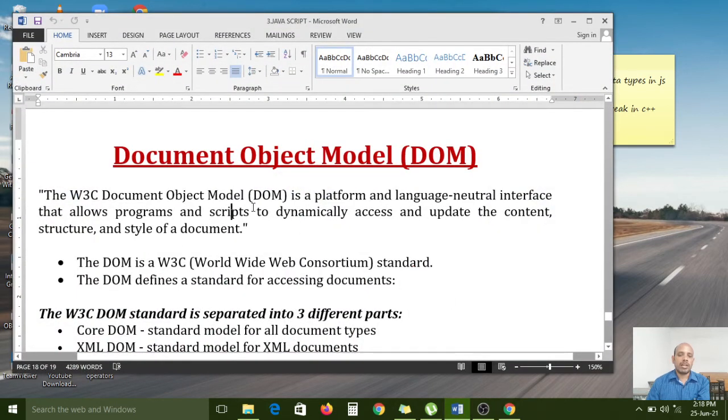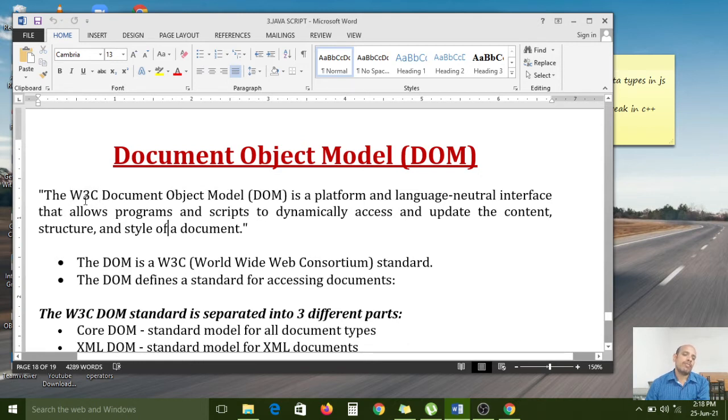The document object model was invented by the W3C organization. W3C means World Wide Web Consortium. That is the company name.